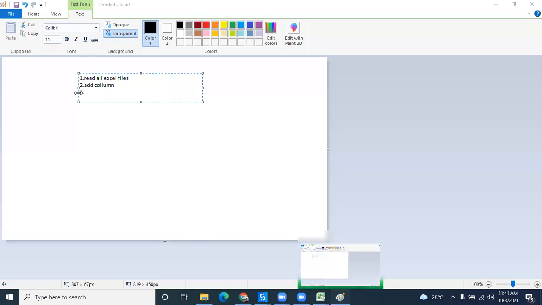So you should use lookup to find the respective values. And finally, after finding the value, you should add it in the data table, that is TT1, and then you can write. So these are the steps.